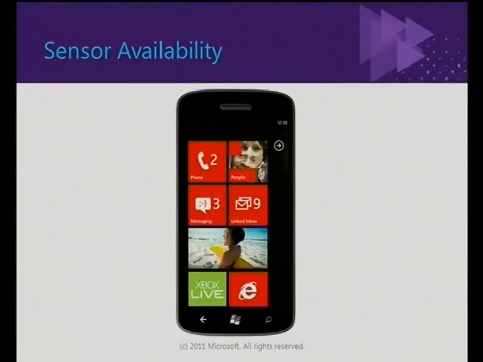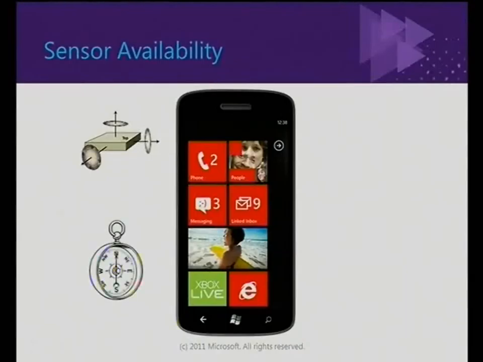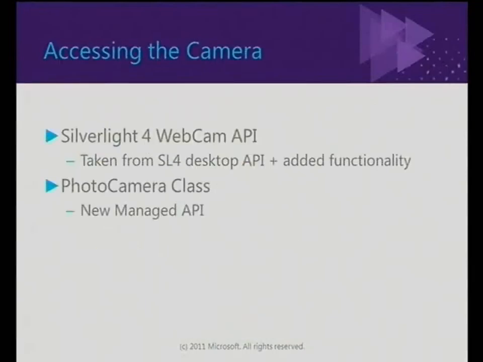Availability. When they updated the hardware requirements for Mango, what they said was, yep, we agreed that there needs to be gyros and there needs to be compass access for everyone. It's not mandatory. So LG or HTC or anyone else can go out and make a Mango phone but not give you a gyro or compass. So when you're developing your apps, you should always check that compass is available, gyro is available, motion sensor is available. All that kind of stuff that makes it nice and easy for you.